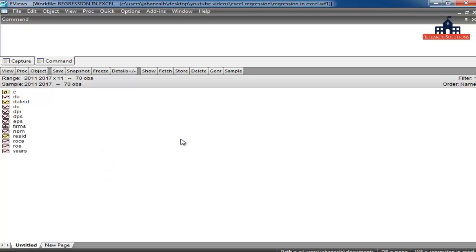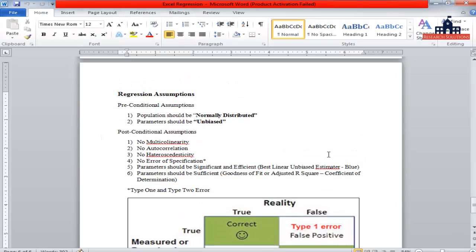Now we are going to test all of the 6 assumptions as we have seen in this document: the model should not have multicollinearity, should not have any type of autocorrelation, should not have heteroscedasticity, and there should not be an error of specification. Parameters should be significant and efficient, that means we will be using the best linear unbiased estimator.